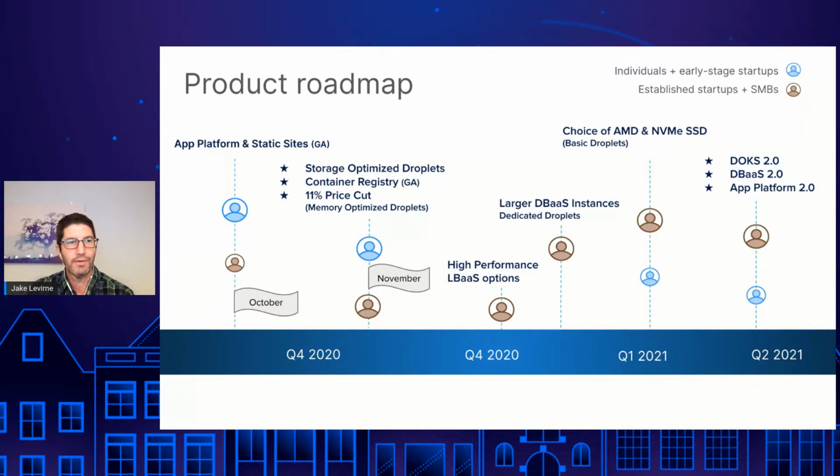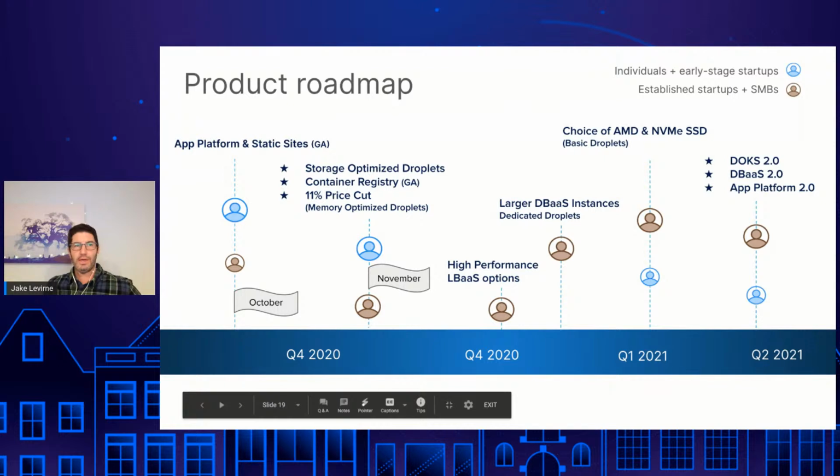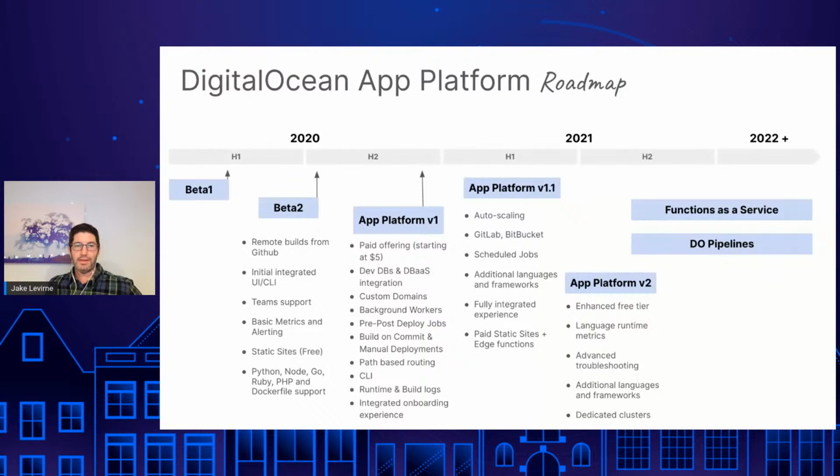And then continuing forward to look at App Platform 2.0 on that next slide, we'll see that we've got lots of capabilities planned throughout 2021. So that would include things like auto scaling coming very soon, GitLab and Bitbucket support, scheduled jobs, more languages and frameworks that we'll continue to support throughout the year, as well as in the back half of the year, more alerts and notifications, advanced troubleshooting, more languages and frameworks. We'll look at dedicated clusters, and then in the future, what we can do around functions as a service and